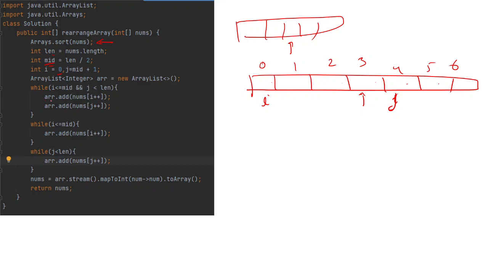So first we will add this i 0 element to the array. Suppose the elements are 1, 2, 3, 4, 5, 6, 7. We'll put 1 into the array, then we'll put j 5 into the array. We have increased i, we have increased j, then we'll put 2, increase i, then we'll put 6, increase j, then we'll put 3, increase i, then we'll put j 7 here, 3, 7, and then we'll put 4, and now we are out of this loop.